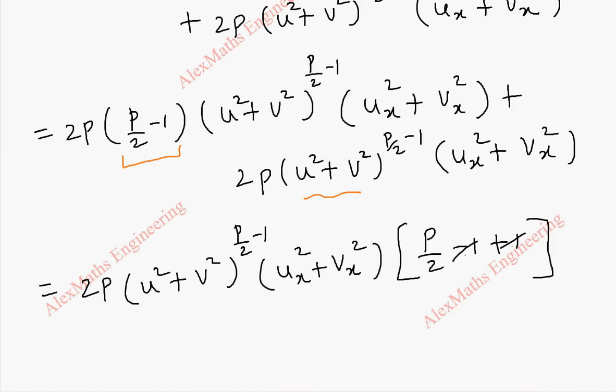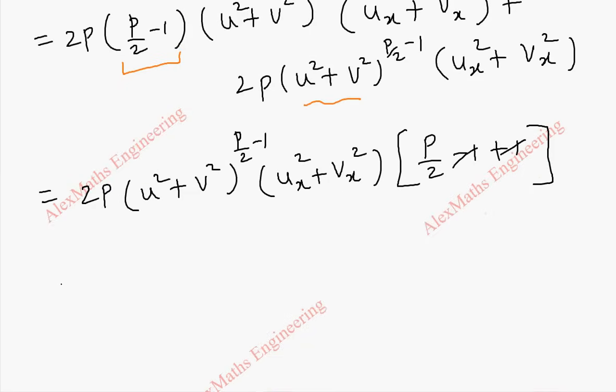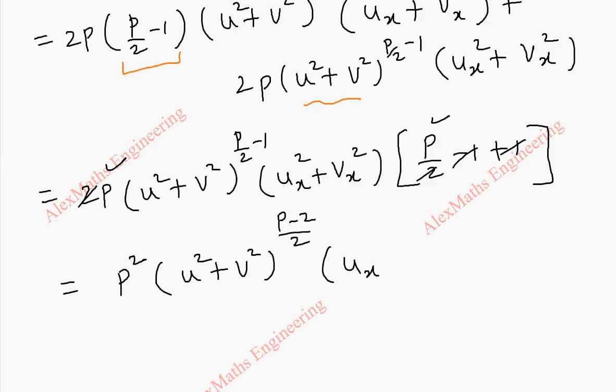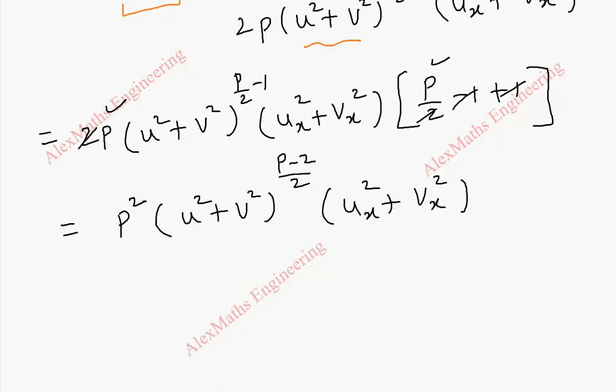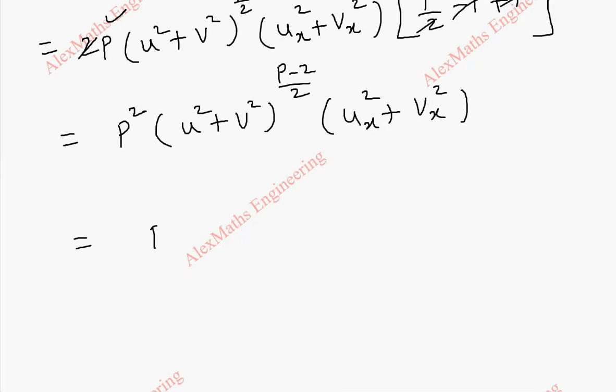So we can cancel this, and we can cancel this also because it's a product, that is 2 and 1 by 2. So we can multiply this p and p, p square. Here we take LCM, u square plus v square whole power p minus 2 by 2, and this is ux square plus vx square. Now coming to this, this is p square, and this is nothing but